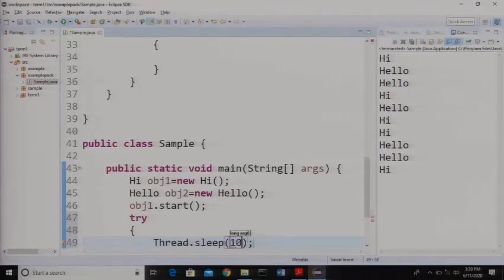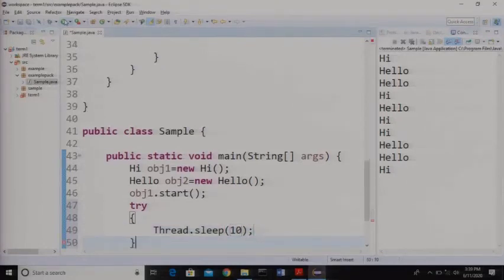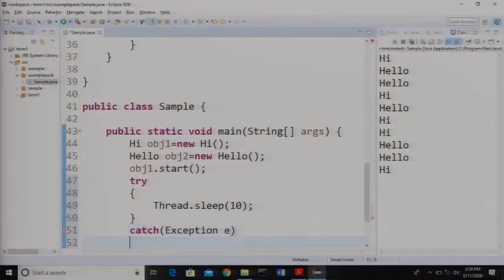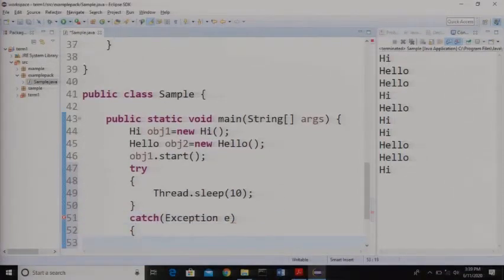So let me take it as just 10 milliseconds, and we need to have a proper catch block to catch this exception if the interruption happens, if there is interrupted exception thrown. So this will be taken care by this catch block. Fine. So now let's run this code and see whether we get the expected result over here.